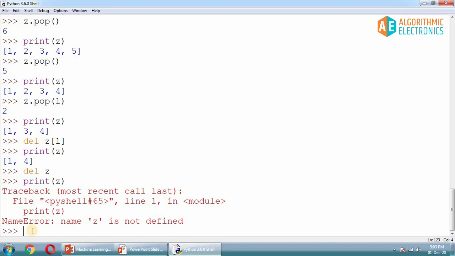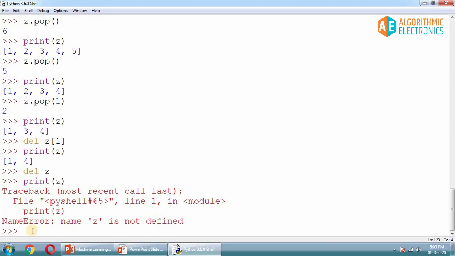You can delete a particular index, you can delete a particular value, you can delete the last value, you can add some value to the end, and you can even add a particular element at a given index. So this is how the list is completely changeable.